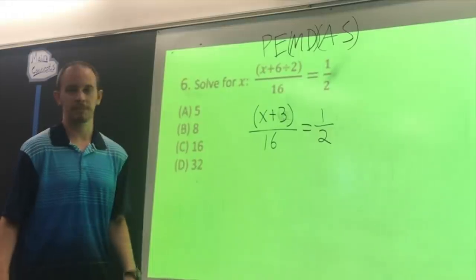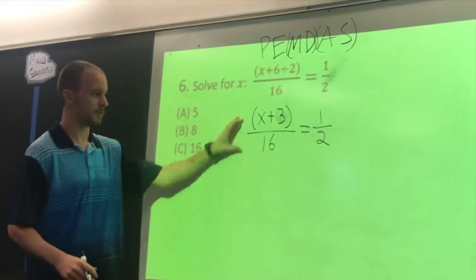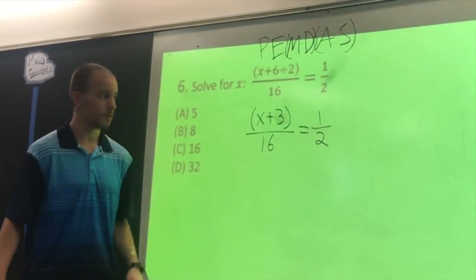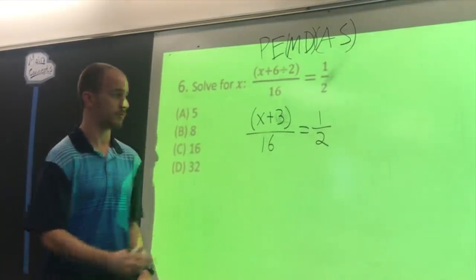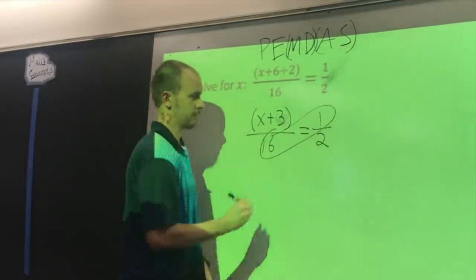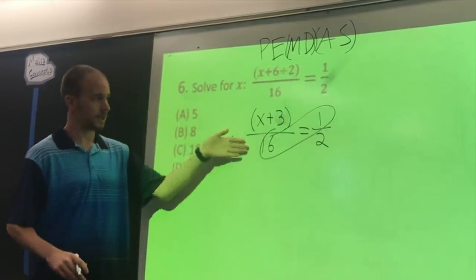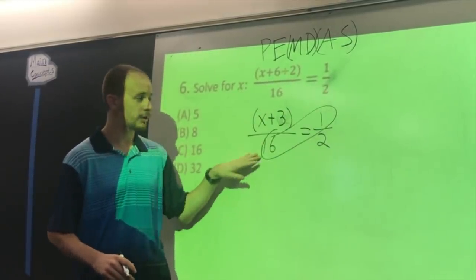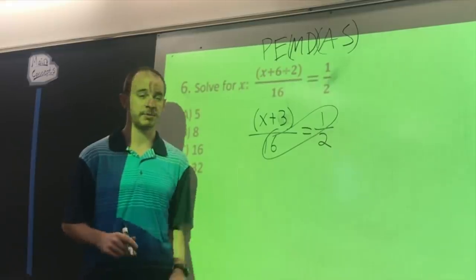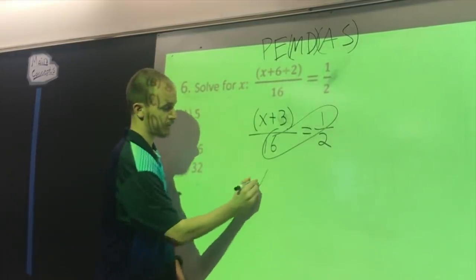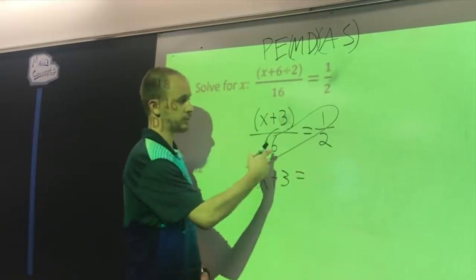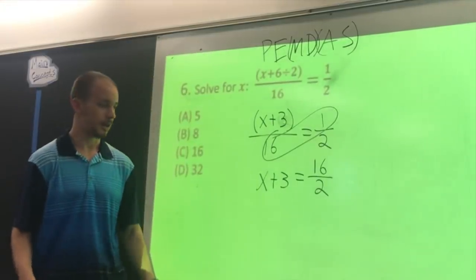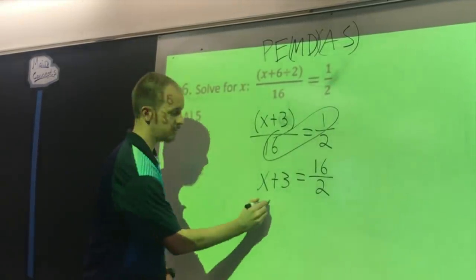At this point is where PEMDAS is about as simple as it gets because we can't do anything else to simplify this fraction down. So we're going to have to go back to our previous examples where we had these fractions and we're going to cross multiply. But in this case, because I have a 1 up here, my 16 can just multiply across and I don't really have to worry about my 2 because we can simplify it later. So I'm going to bring my x plus 3 down, equal to 16 times 1, still divided by 2. And now we can do our division. 16 divided by 2